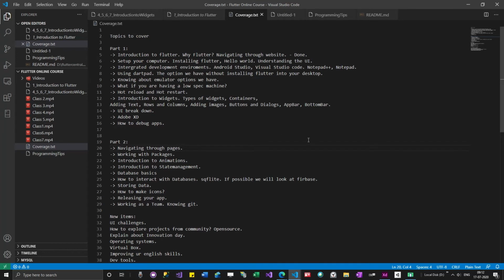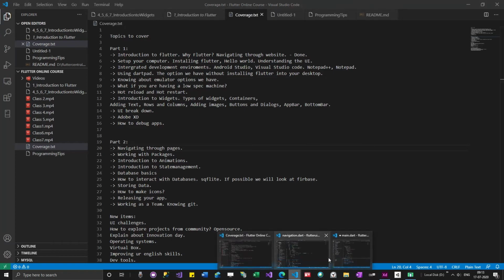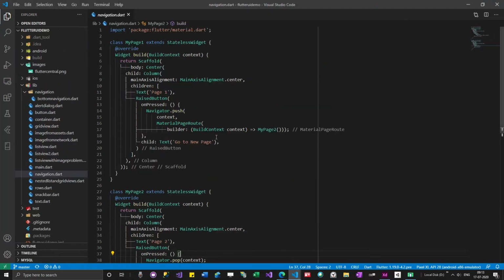Since I'm encouraging you guys to be self-learners, I think you can figure it out, and you can include that into your apps also. Anyways, we'll try to cover this part in part 2. But if you want to include that into your projects, this is an example which you can go through.